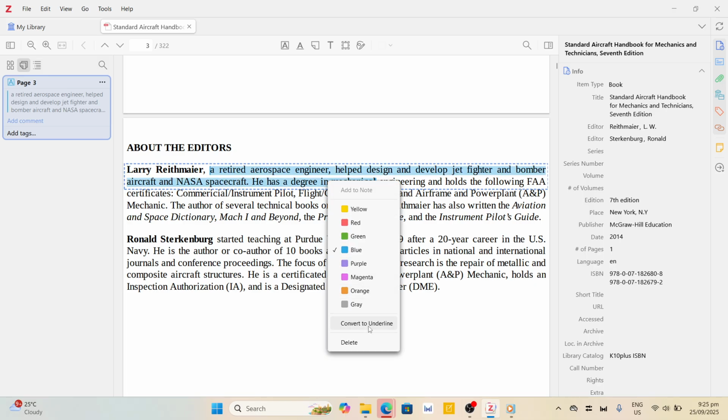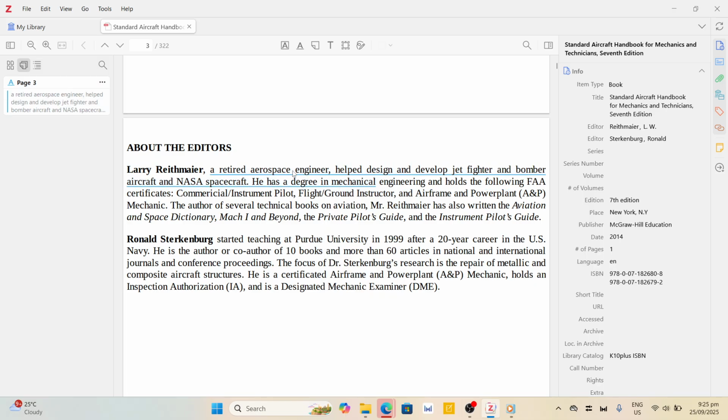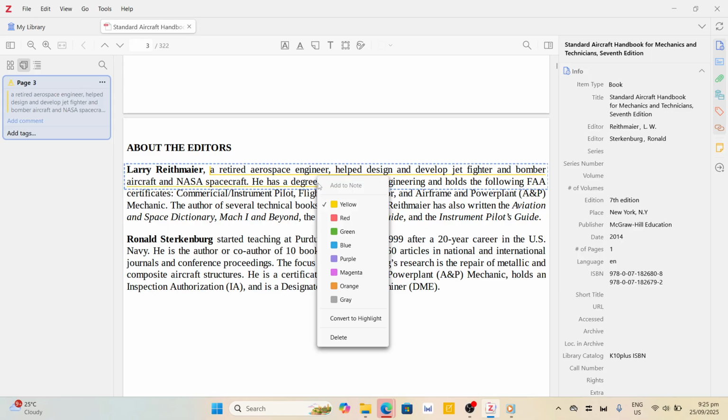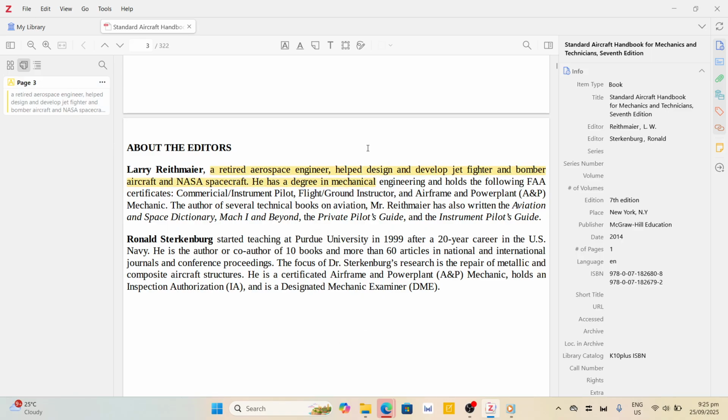And there you have it. You've successfully learned how to highlight text in PDFs using Zotero's PDF reader. Highlighting not only saves you time when reviewing your materials, but also enhances your ability to retain information. By customizing your PDF annotations, you create a personalized tool for better understanding and retention, which is especially beneficial when